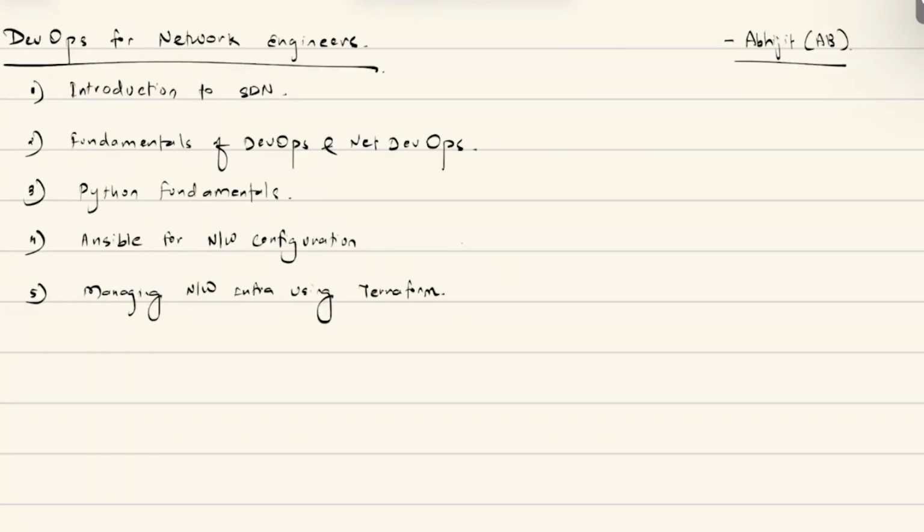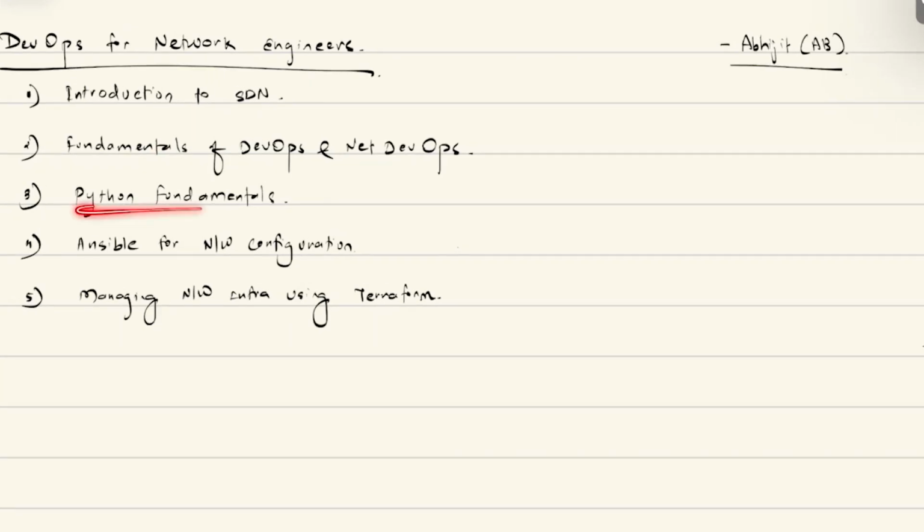So when we talk about SDN, you get to know how traditionally networks were being managed, how they are now being managed, and how you can use Python or Ansible or Terraform to manage the network infrastructure.